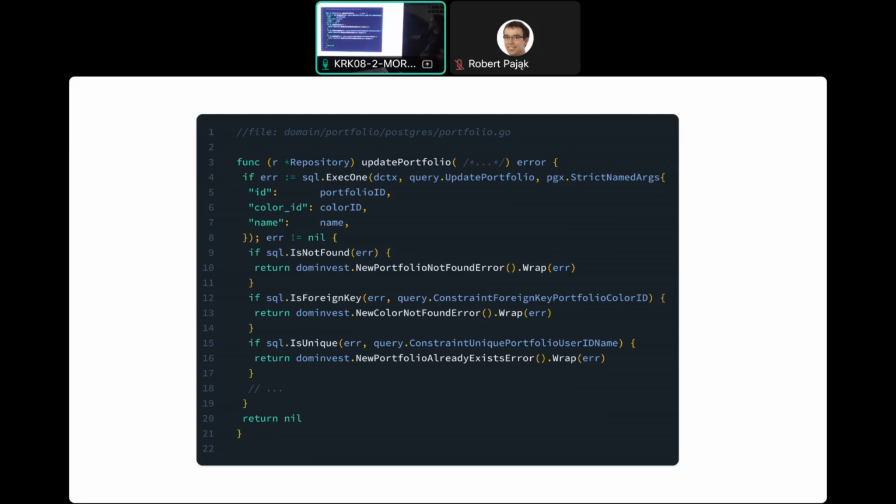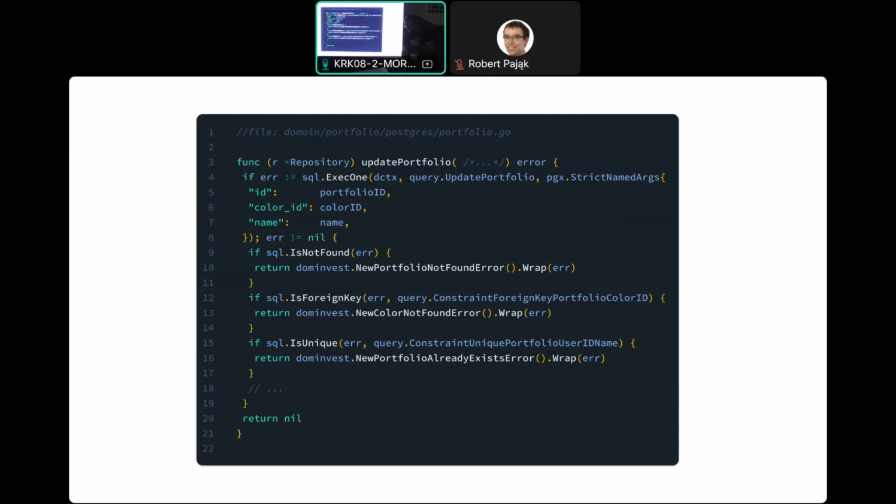Only this function knows that when I try to update the portfolio and I am not able to find the portfolio ID, it's a portfolio not found error. If I break a foreign key constraint, portfolio color ID, only then is this a new color not found error. And only this function knows it. So this is the origin of this domain error.